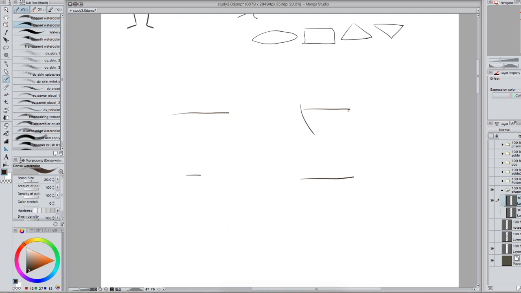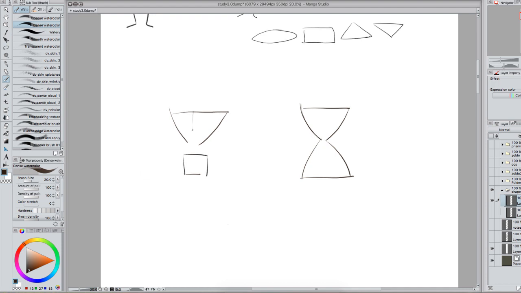So what we'll usually have is an hourglass made out of 2 triangles like this, and then with the male we'll have these triangles here, and then sort of a square for the pelvis. So then this would be the rib cage, this would be the pelvis, and you can see if I just join these together, block out the shape, I've got this little dint in the pelvis for where the hips are, and I'm not following the shapes exactly, it's just giving me a bit of an idea of where everything should be. So I'm just going to block it out really quick just to show you the general sort of shape,